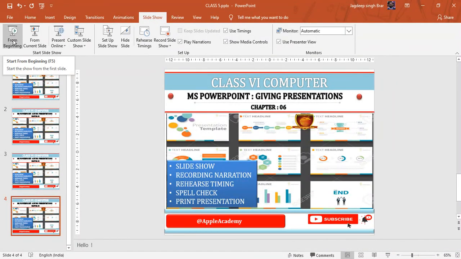For an effective presentation, while designing or running a presentation, the following points should be kept in mind. The slideshow should have a consistent design throughout the presentation. Use graphics and pictures to make your presentation more effective. Remove unnecessary information and graphics, using contrasting background and text colors. Use a maximum of 3 fonts for your text in your presentation. So like here, this is a larger, medium and small.